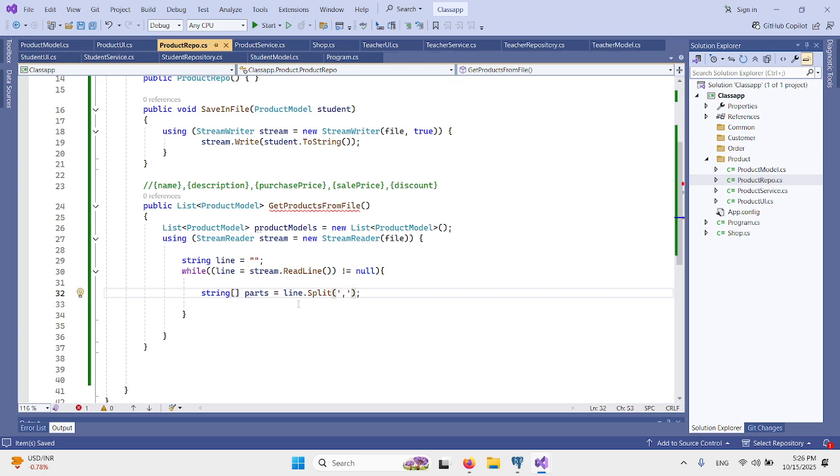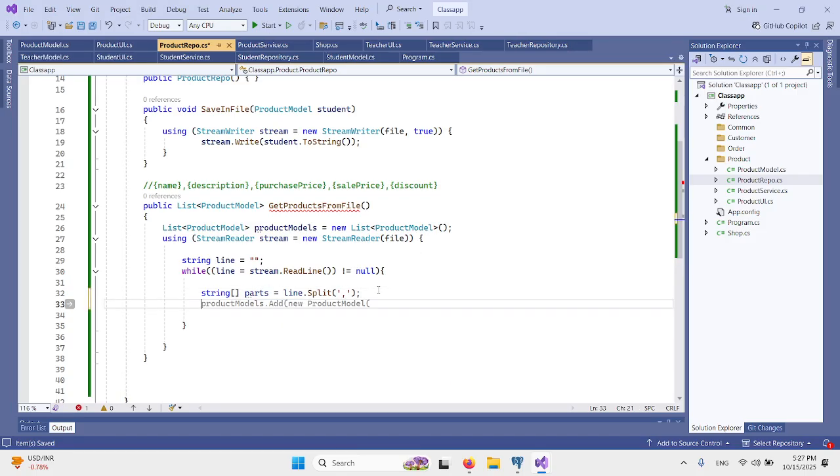It will take a line and split the whole line by commas, and it will store all parts into this array. So the first part will be stored on 0 index, the second part on 1, and so on.